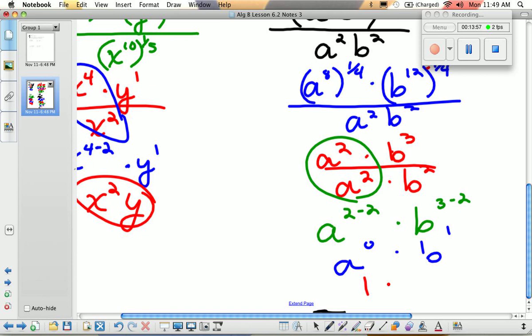So we had a to the 0 power became 1, b to the first power became b, and now we're going to say that is the same as just good old, nice b. It's like a straight stick, fancy 6 or something, I don't know, it's a b. My answer for this one is just b. Okay. So, all these properties we learned were important. We have to be able to apply them along the way to help us simplify. And that's what the power properties help the exponent